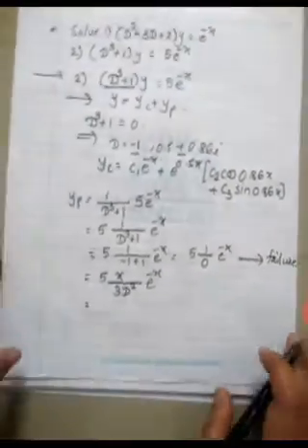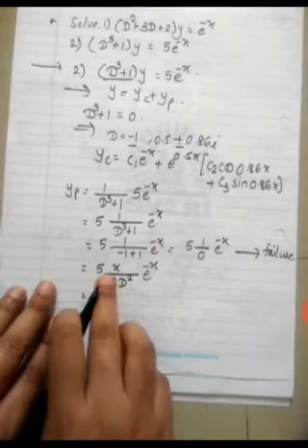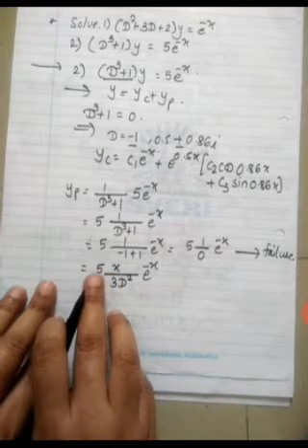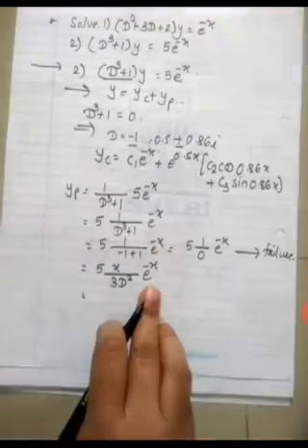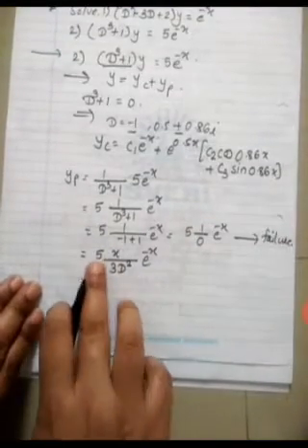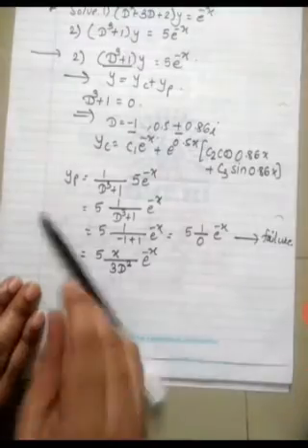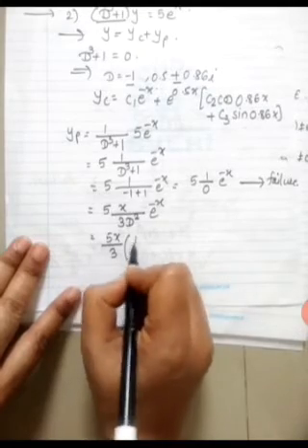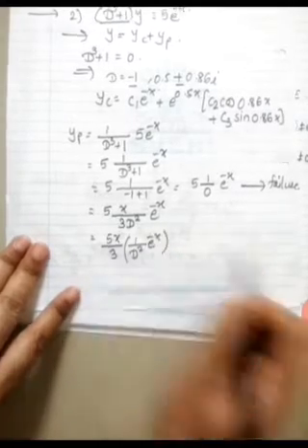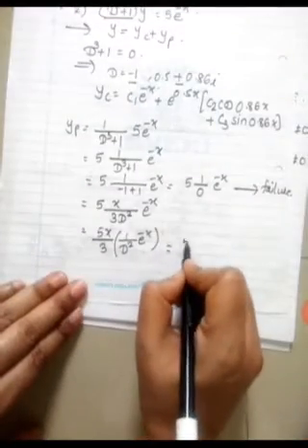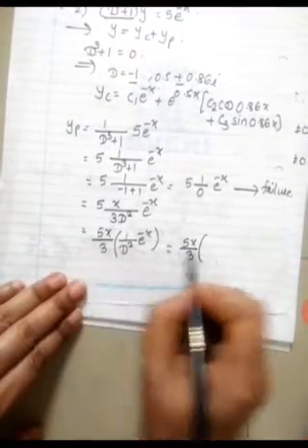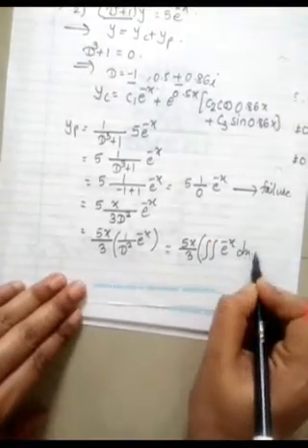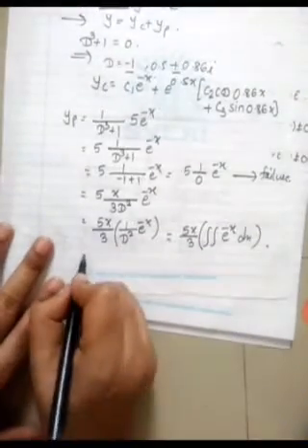One more thing I should tell you here. As x is our choice, we have added x here. As it is our added choice, you do not have to consider it in this equation. X will be outside as it is. So you need not take that x with the function. Let the x stay outside. So what is this? 5x by 3 into 1 upon D square e raised to minus x. I'll write that as it is again. 5x by 3 and 1 upon D square means double integration of e raised to minus x dx, one more dx. Okay. Double integration.